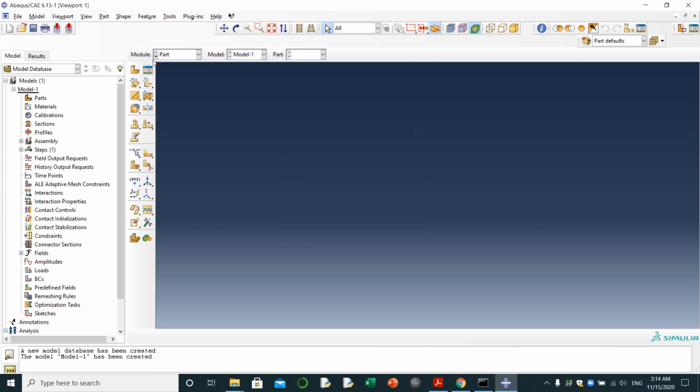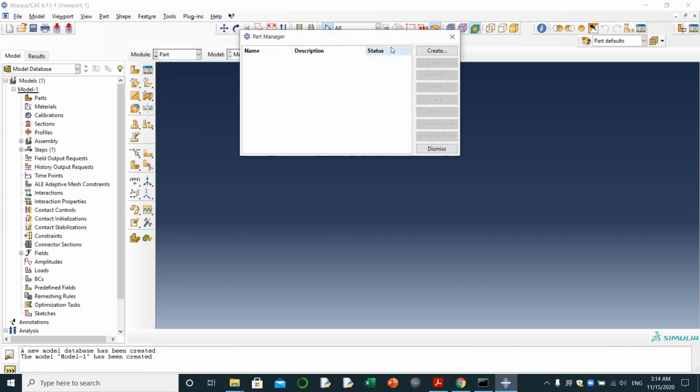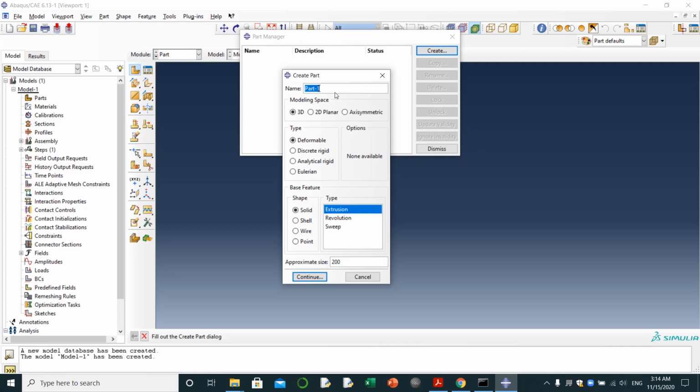Okay, I will go to Part. I'm going to Part Manager, Create. I'm gonna give a name to the beam. It will be 3D, it will be deformable, it will be shell, because it's going to be a shell element, extrusion. I'm gonna make this one 15. 15 will be the scale of the grid lines. Continue,